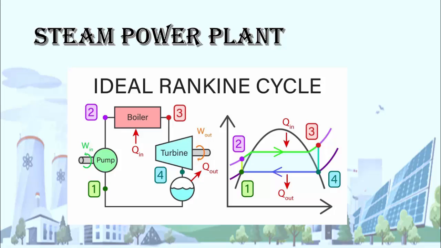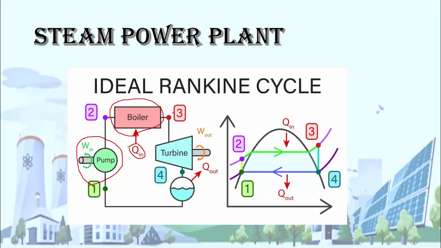The steam power plant runs basically on the Rankine cycle. On the screen you are seeing the ideal Rankine cycle, which is the power cycle of the steam power plant. Now take the process 1 to 2. In the process 1 to 2, the pump pumps the feed water into the boiler. In the boiler, we are giving a heat input. The boiler converts the feed water into the steam. The outlet of the boiler will be the steam.